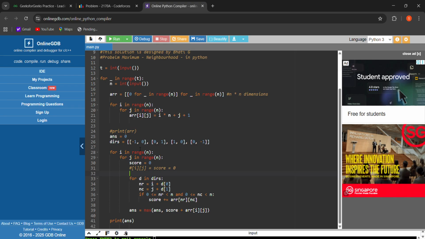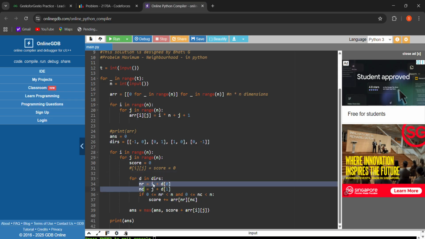So for d in dirs, first extract the coordinates for the left cell, then the right cell, up and down. The new nr, nc will be i, that means the previous row plus the coordinates of our new row, and the previous column plus the coordinates of our new column.